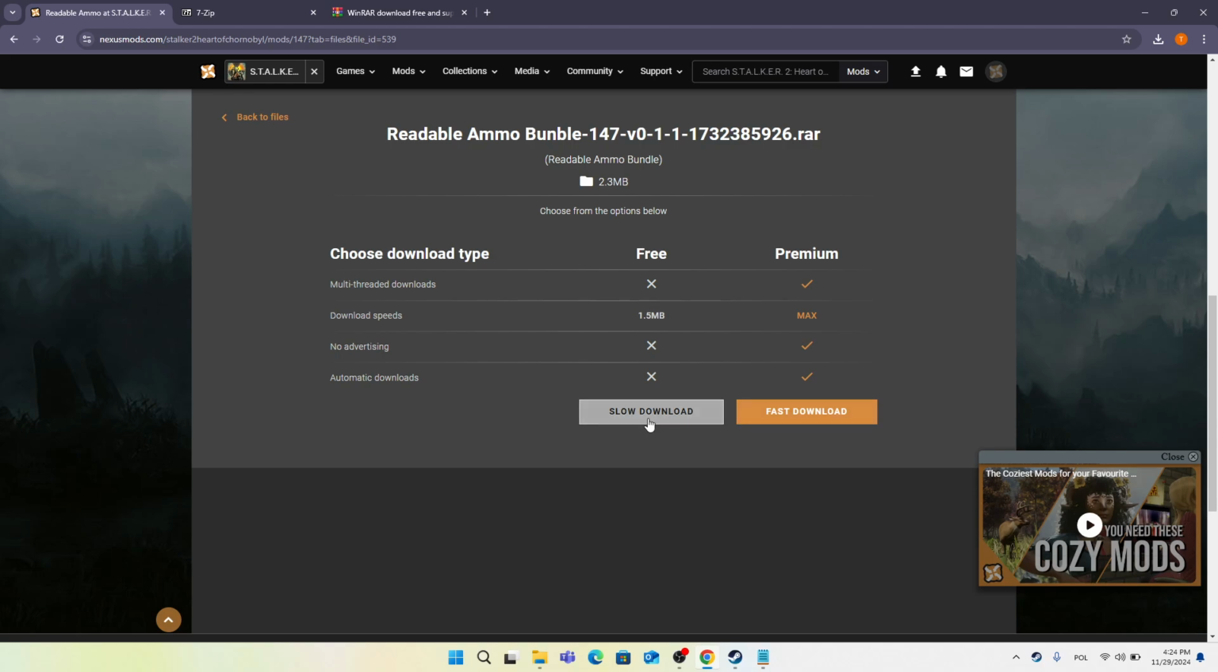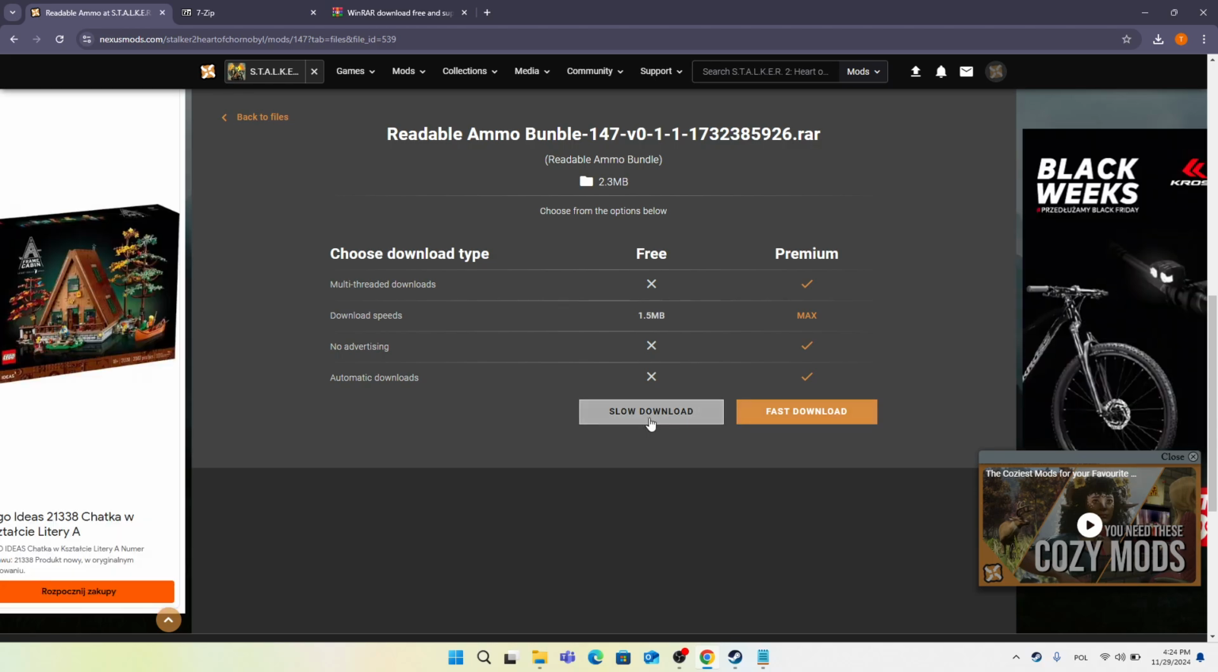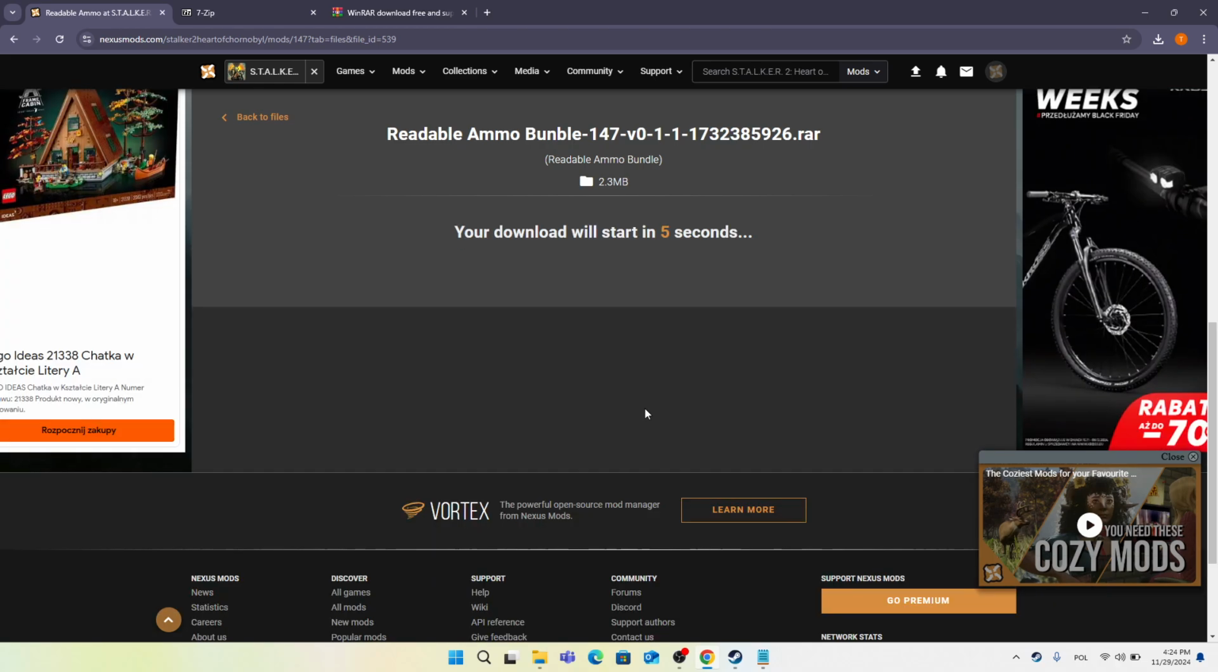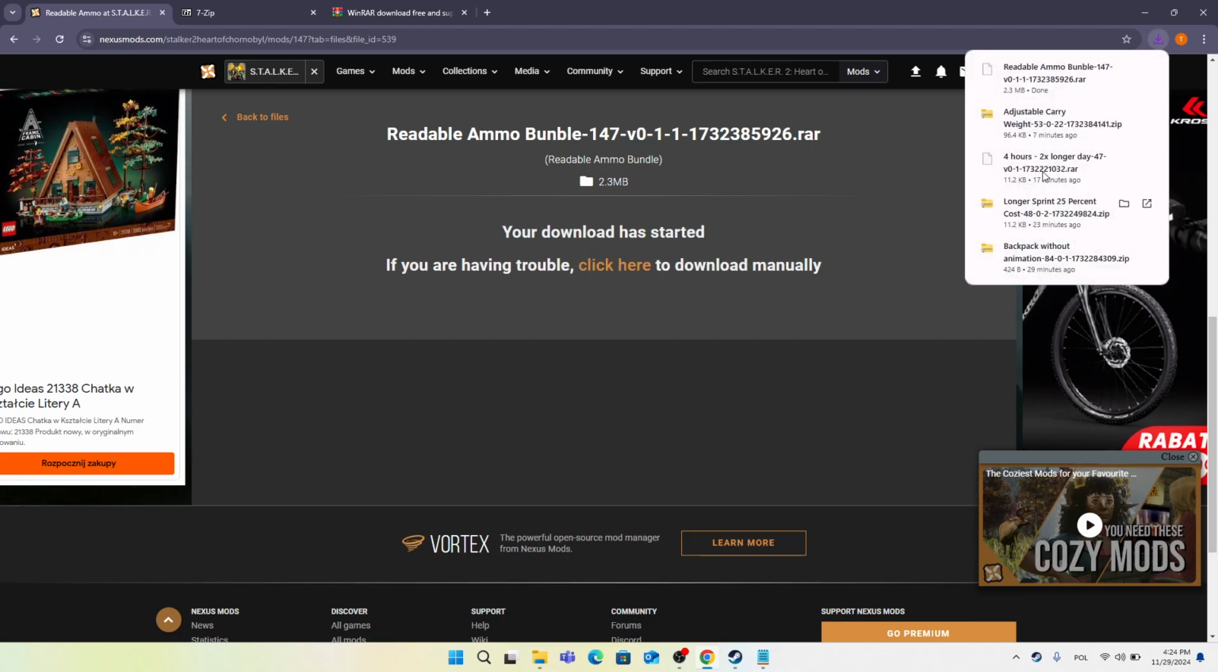Then click on slow download, or if you are not signed into the website, you will see a sign in button somewhere here. Just sign into the website, create your account, and then click on slow download and wait for 5 seconds before the download starts. And then after a short while the file will be downloaded, and it comes in the .rar